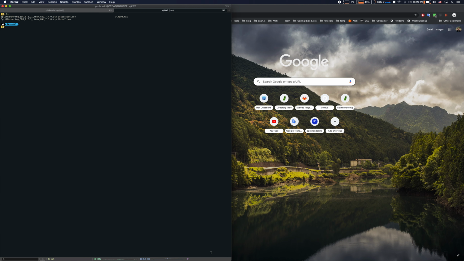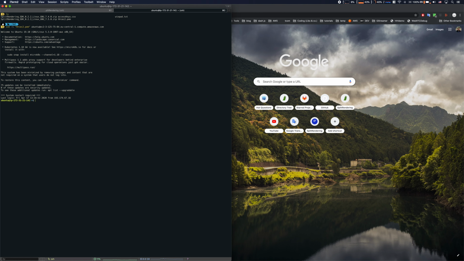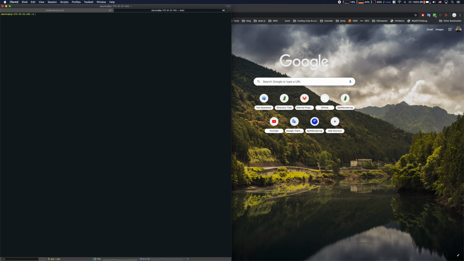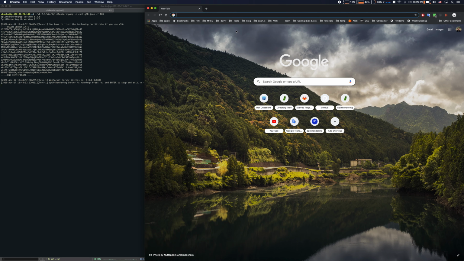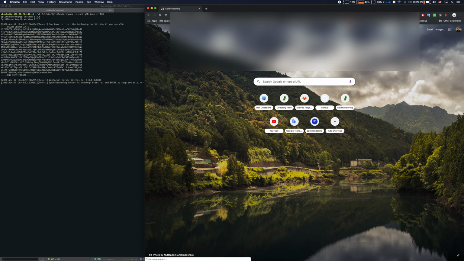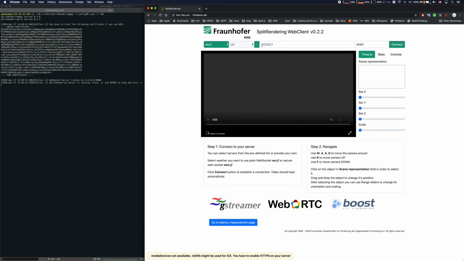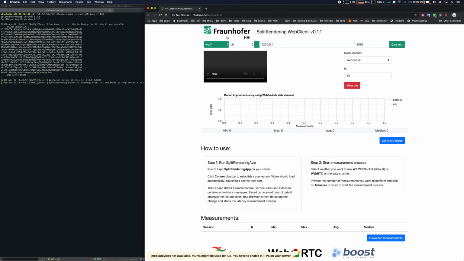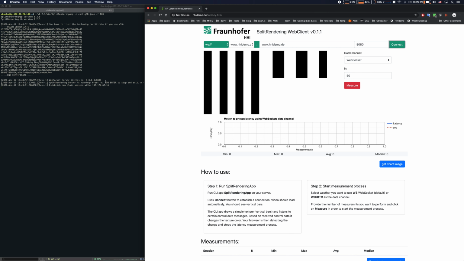Okay, so for the motion to photon latency measurements, I would use an Amazon Elastic Cloud instance. Let me quickly connect to it. Here we can execute our console application. And now we go to HHI-demo.de, which is a domain also pointing to the same web server located on the same instance. Connect, go to the latency measurement page, select HHI-demo.de, running on port 8080, connect to it. So now we see we connected,